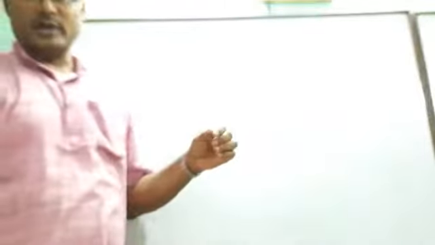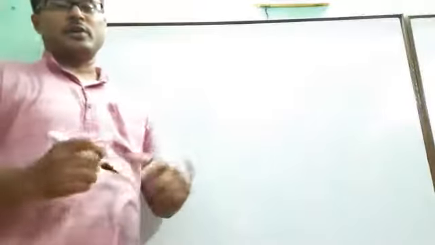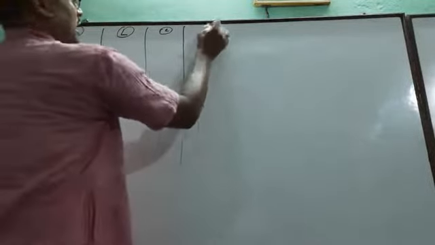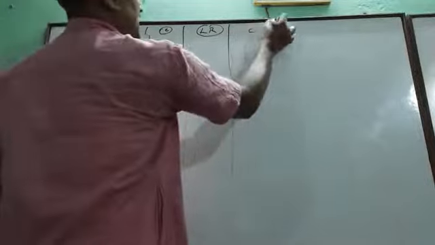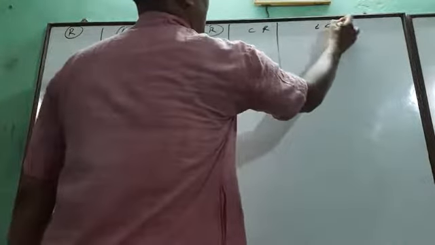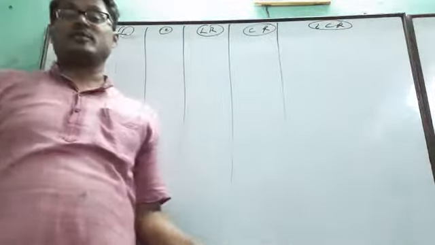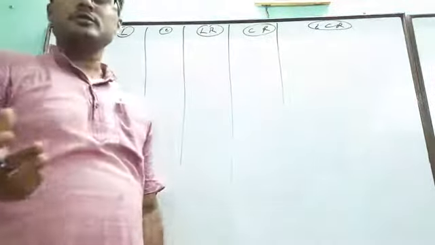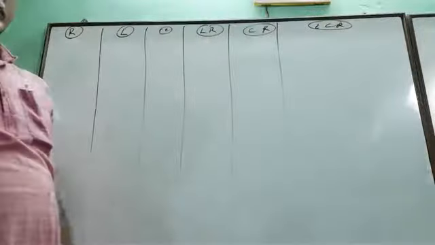So before going to the new part, first I am giving some idea of the part whatever I have discussed till now. Okay, so first only R, then only L, then C, then LR, then CR, then LCR. These are the circuits, because the chapter name is AC circuits, made with AC components.